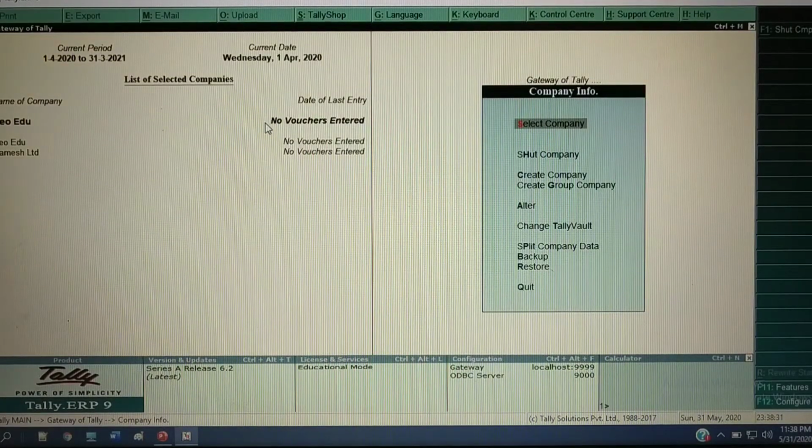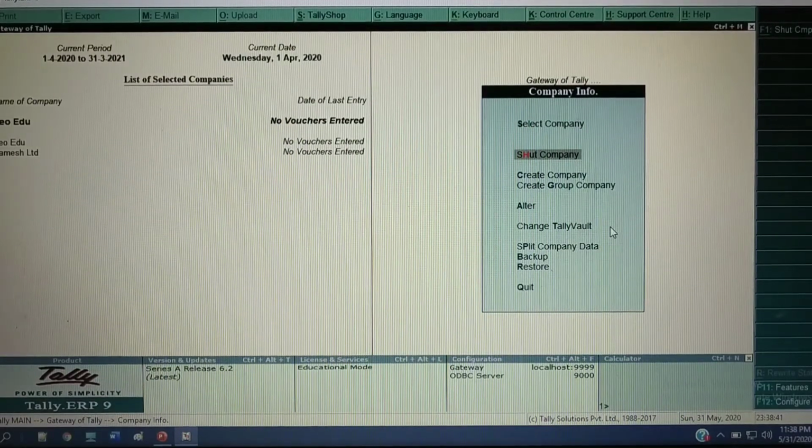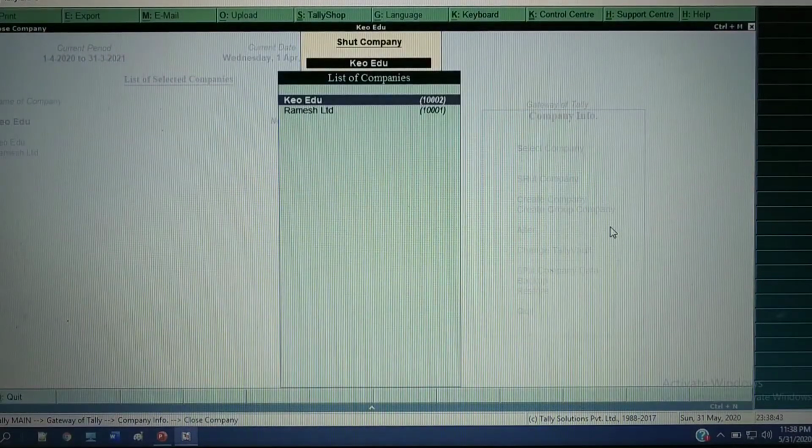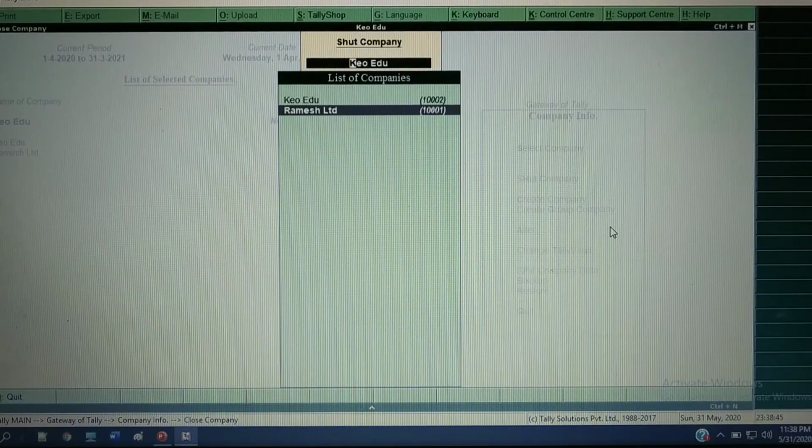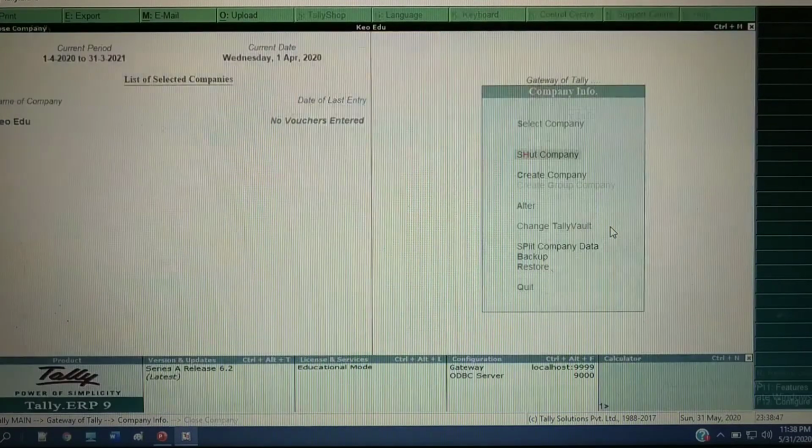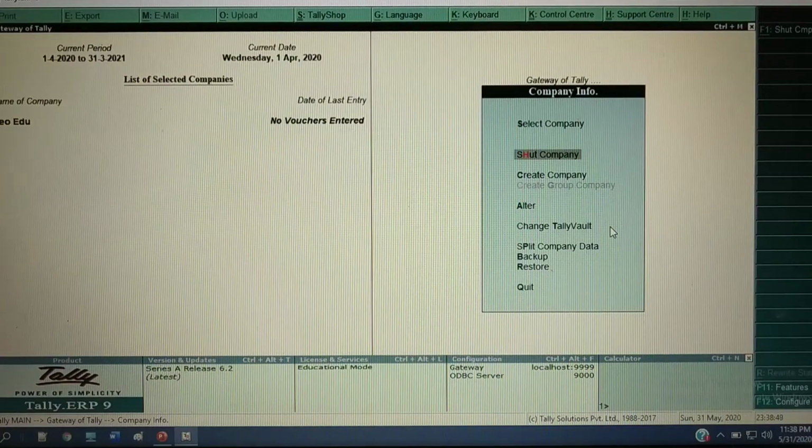That company name will be listed in the selected companies here. Next, if you want to close any company, you can select Shut Company here. Select the company which you want to close and press enter to close it.